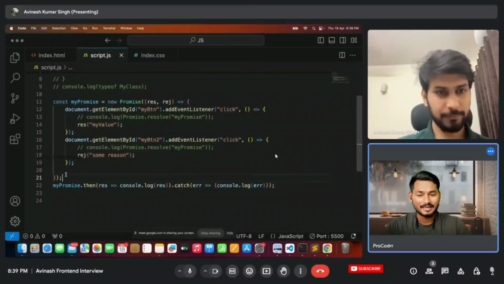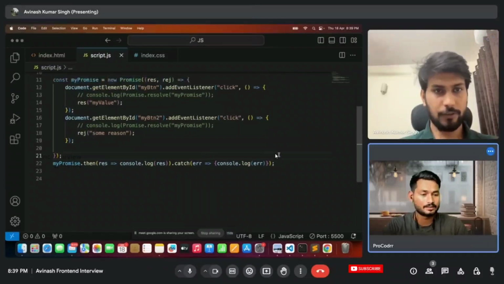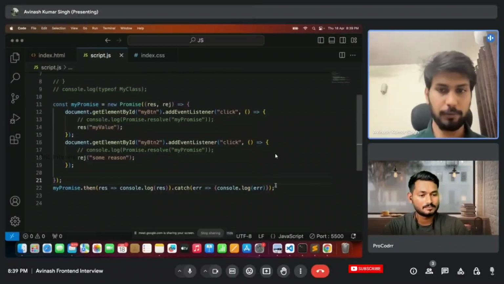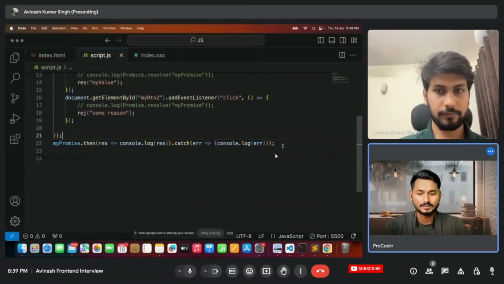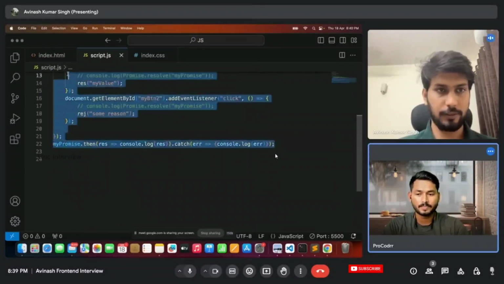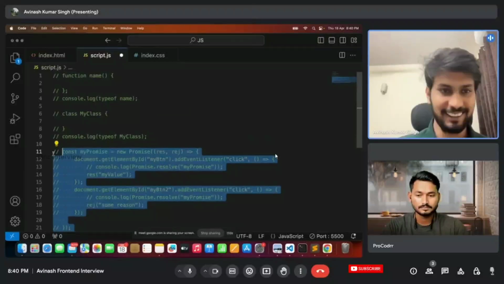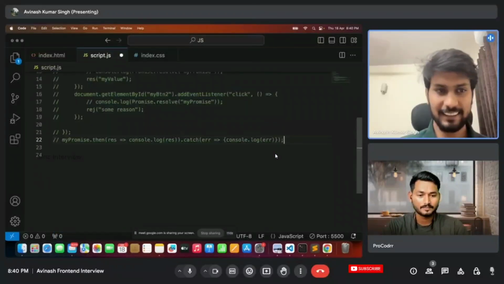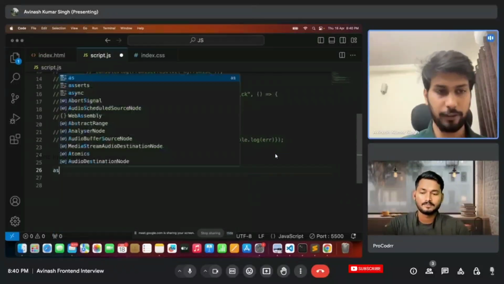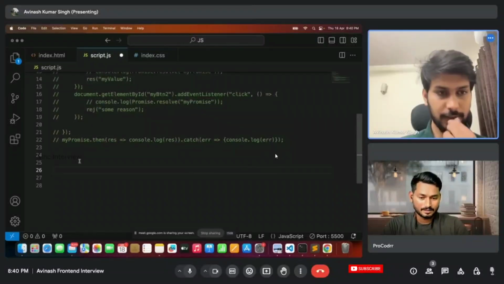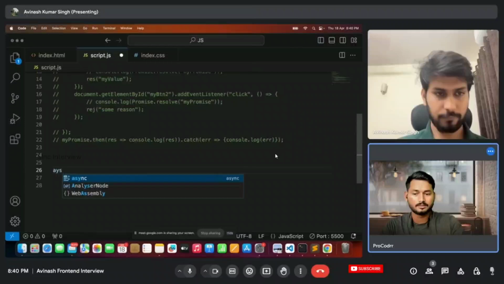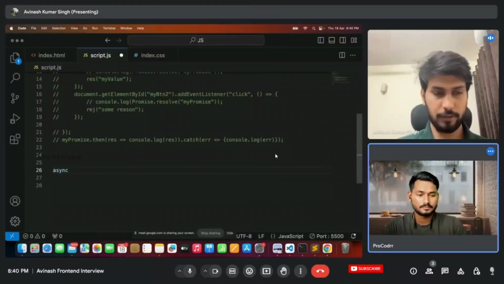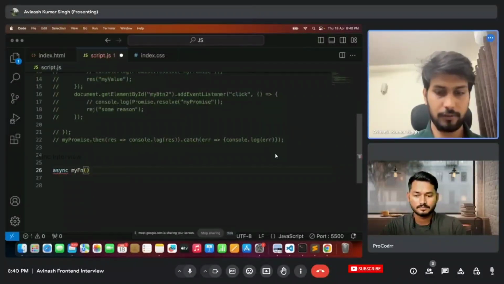So first create a promise without using new Promise. How will you create? Create a promise without any new Promise. Yes, correct. So you can comment out this code. Interesting. Can you repeat the question? The question is you have to create a promise without using the new Promise thing. Oh, okay. Async my function